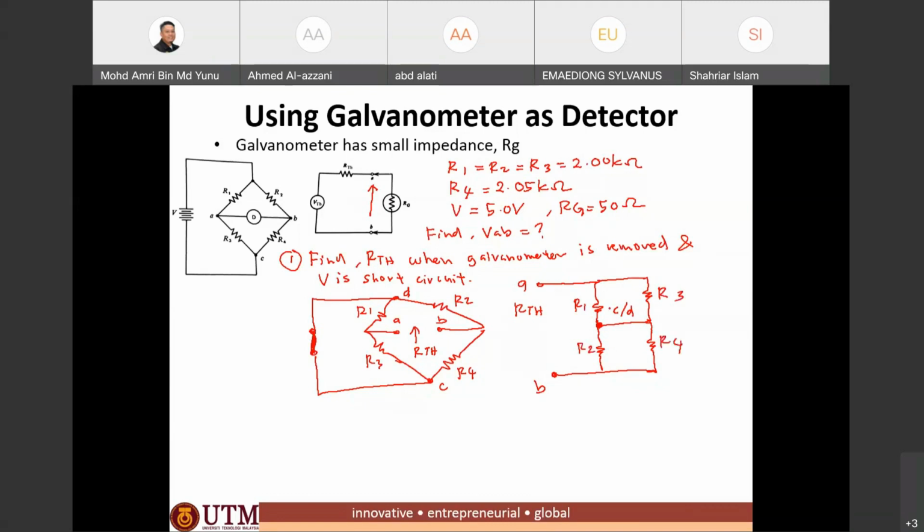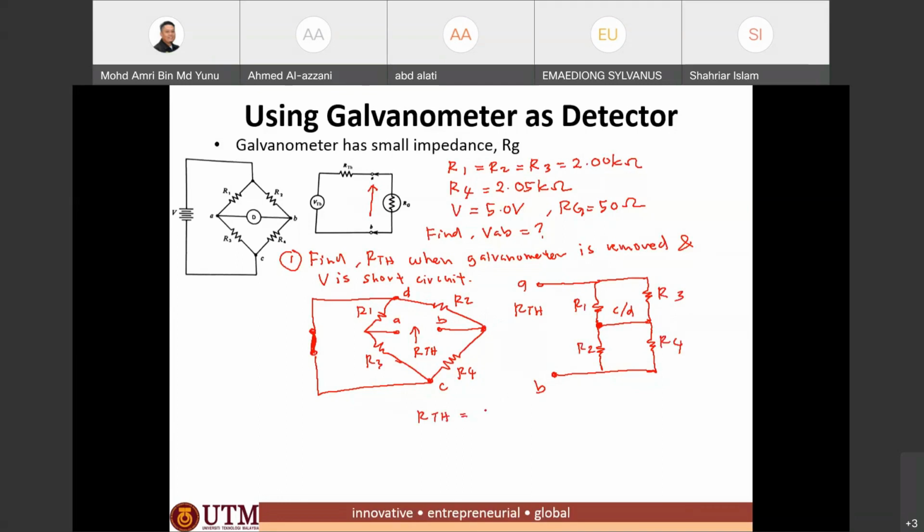Okay, so it will look like this if we rearrange. So the RTH